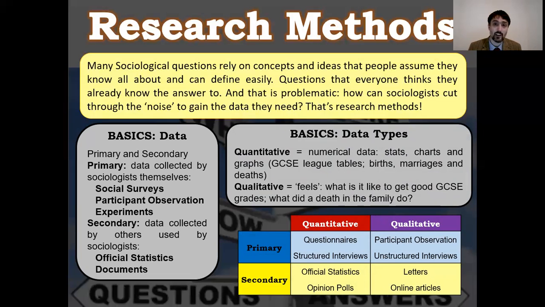Qualitative data will be things like letters between loved ones. I guess emails count these days. Snapchats? Do Snapchats count? I'm not really sure what the Snapchatting is at the moment, or the WhatsApping, or whatever things you use. Rust? Is Rust an app or a game? I don't know. Solo Rust? I don't know. I'm not down with the kids. And online articles, newspapers, those sorts of things. So there are the separation, if you will, between quantitative and qualitative, primary and secondary data.